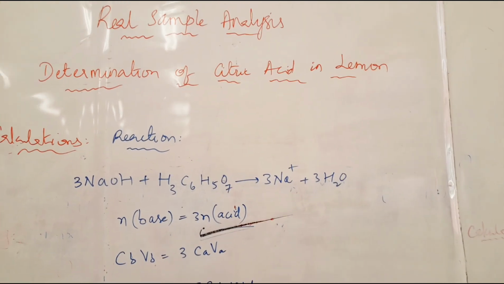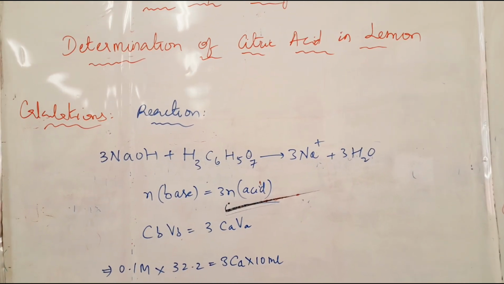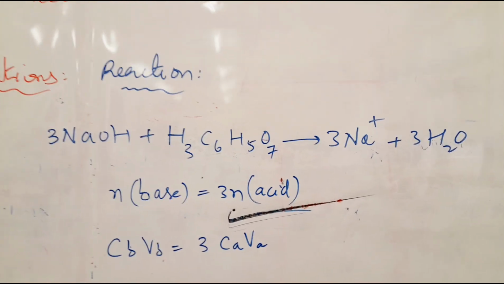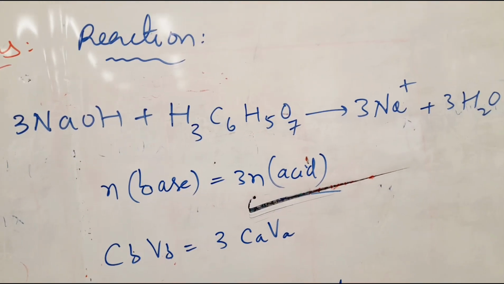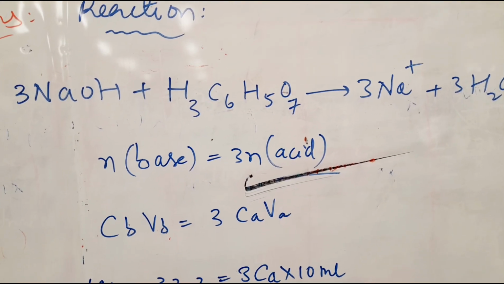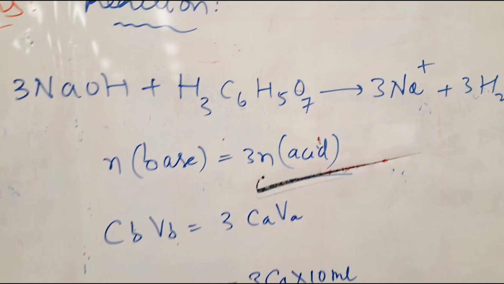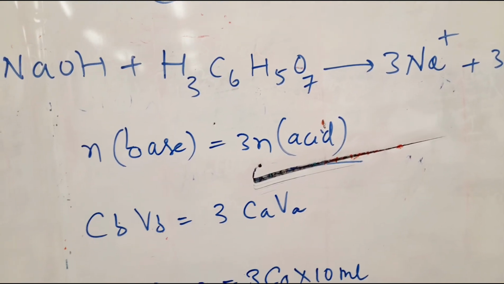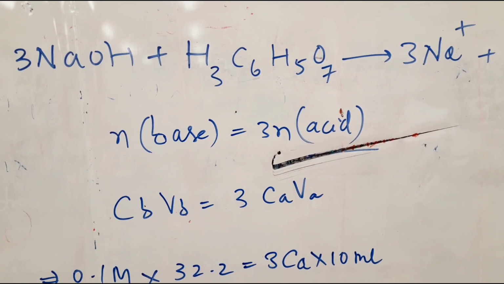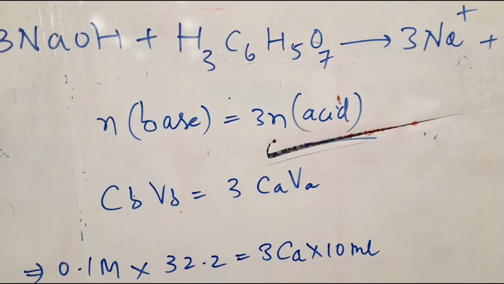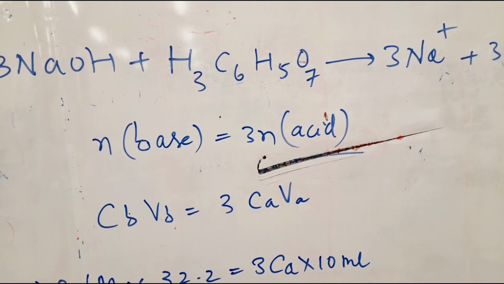It comes under real sample analysis, determination of citric acid in lemon. The reaction for the calculation: 3 moles of sodium hydroxide react with 1 mole of citric acid. Now we can convert this as per the stoichiometry: n moles of base is equal to 3n moles of acid. That is, concentration of base Cb into volume of base equals 3 times concentration of acid